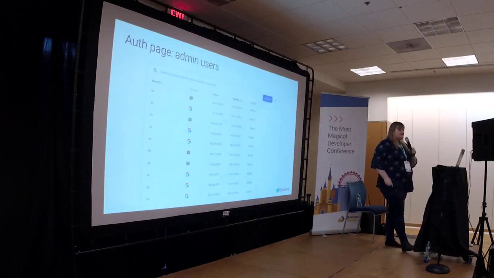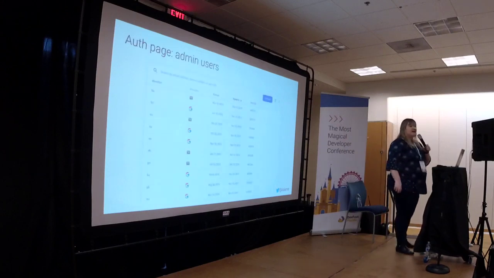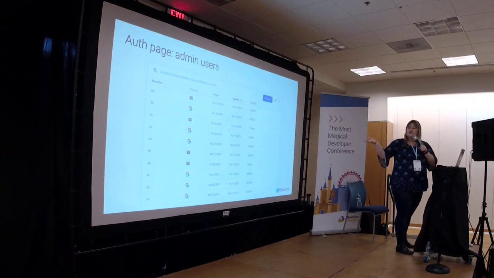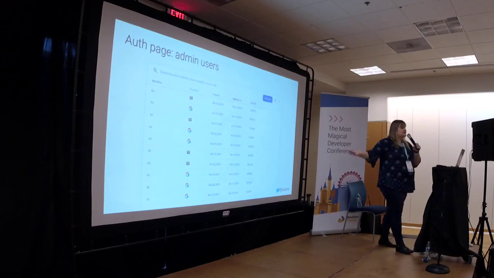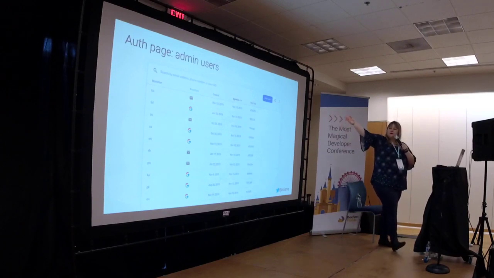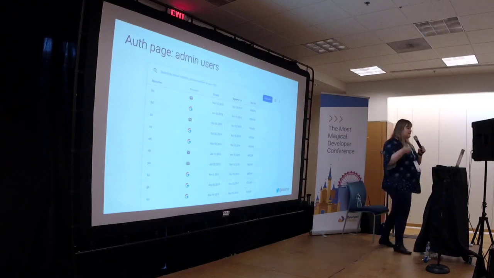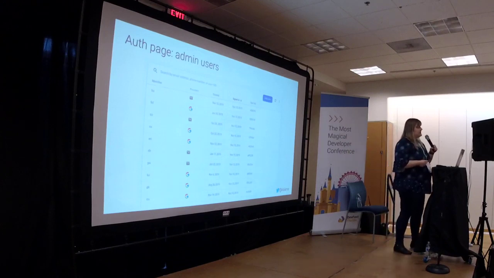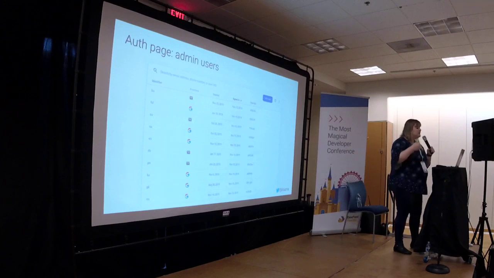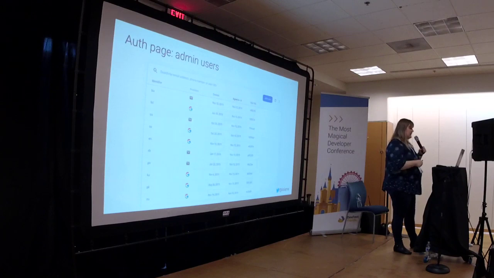And another great thing from Firebase as well, you also get a page where you can administrate all your users. So you get all their emails, the provider, and also a unique ID that you can use in case you need to access. You can also search by email, phone number, or unique ID. The phone number is only available with Android, and I believe iOS as well, which is the sign-in where you get an SMS text with the code, and then you can sign in, but it's not available for web